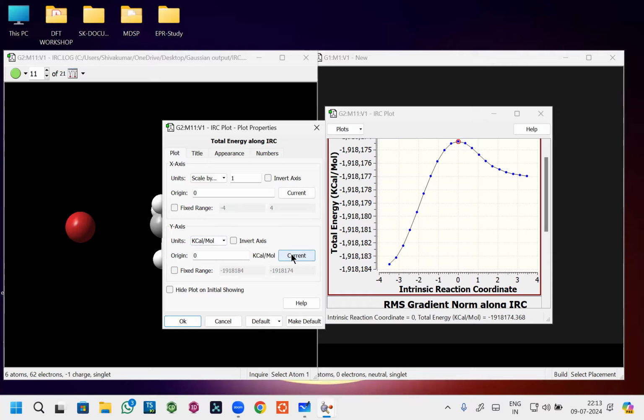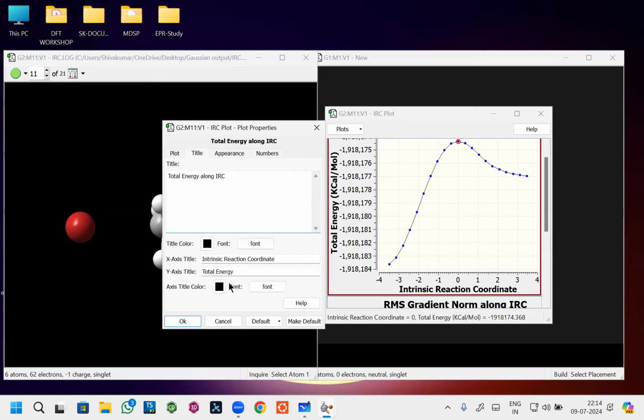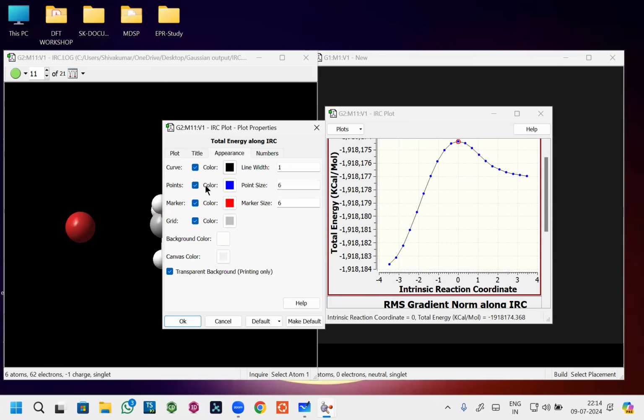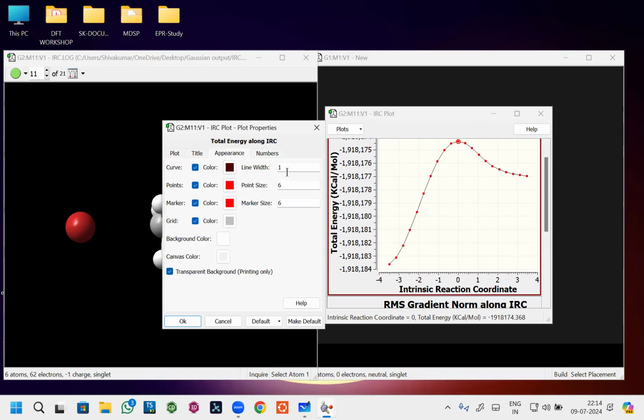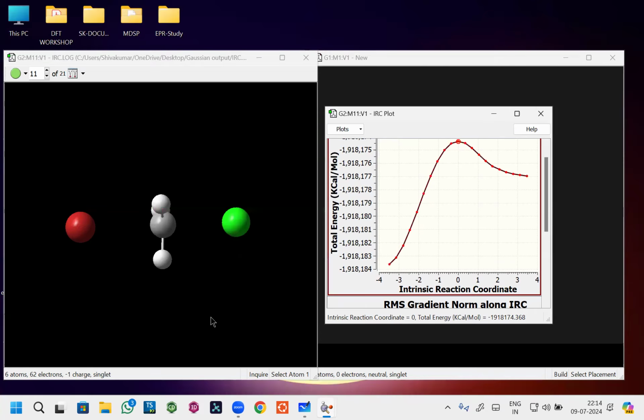Then if you want, there are height, plot, fixed range, and title options. If you want to change the title here, you can change that. And if you want to check the appearance, like changing the color, let me make it. Click here. Then if you want to make points or a curve, let me set the line width to 3. So like that, you can do a lot of things and play with your spectra,